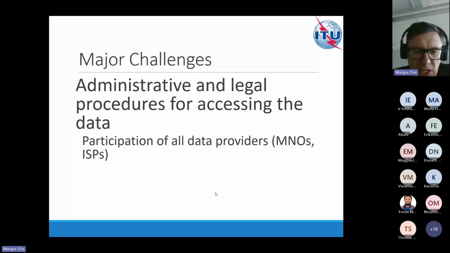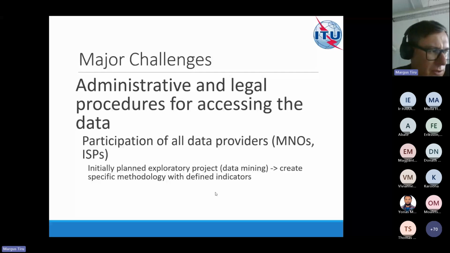Also, as I mentioned, the initial idea of the project was more exploratory, trying to dig into the data, understand what the data is about, understand what kind of indicators could be calculated from the data. But it turned out that the expectations from the data providers were much more clear, in that they wanted to understand what kind of indicators need to be calculated with a specific methodology, with a specific example of the codes or algorithms already. So we had to redefine our plan from an exploratory project into an actually defined methodology project that was very clear and